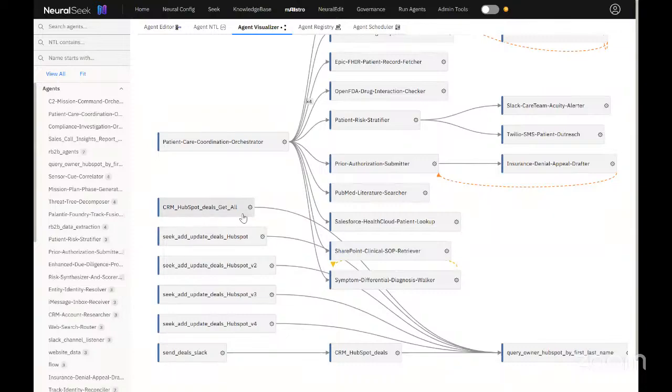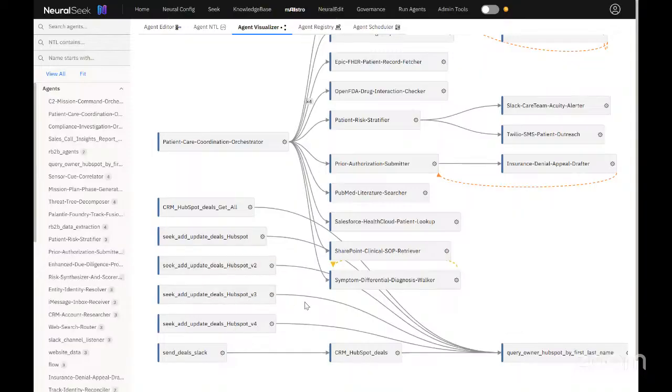So for HubSpot, maybe we are listing all of our deals, right? This is a simple agent that we've created where we're connecting to our CRM and able to list all deals, right? Hypothetically. Maybe we also have functionality within our agents where we can update those deals, add new deals, right,